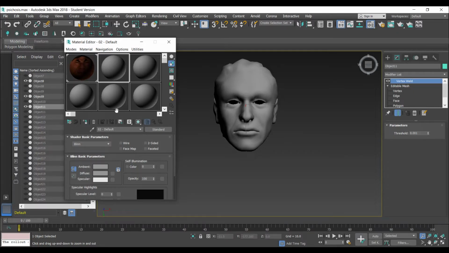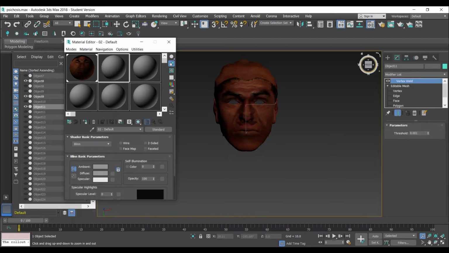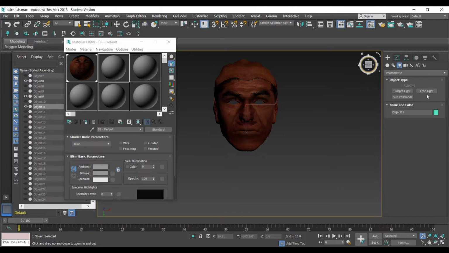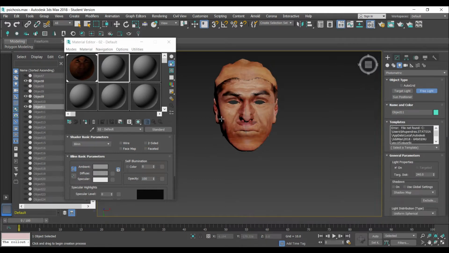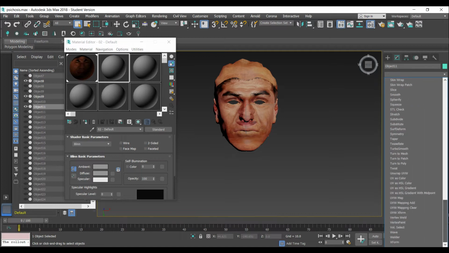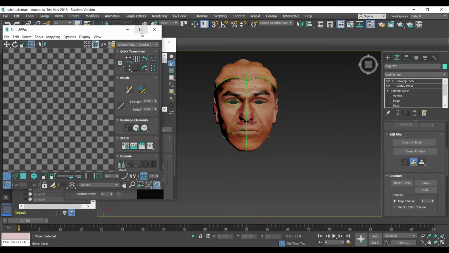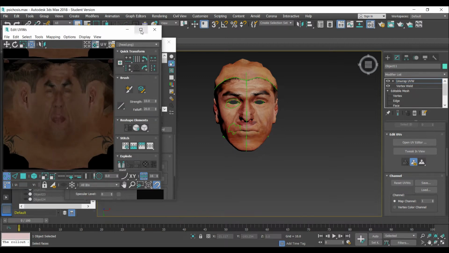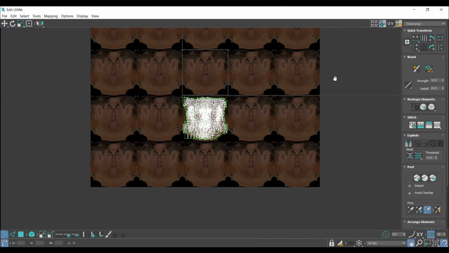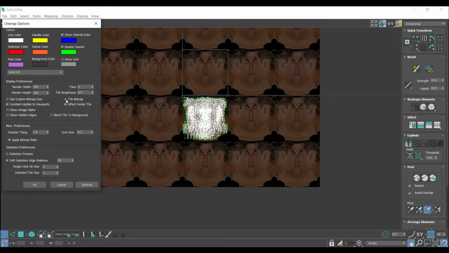Alright, so let's apply this texture to the head. Okay, so you can see the textures are not mapped correctly. So I'm going to go back into our modifier list and use the unwrap UV modifier. I'm going to click on Open UV Editor, and select the texture which has been assigned to this model. Now if you look at the UV editor, you will see that we have the option to now adjust the UVs. I have the option to tile the textures using the tile bitmap option,